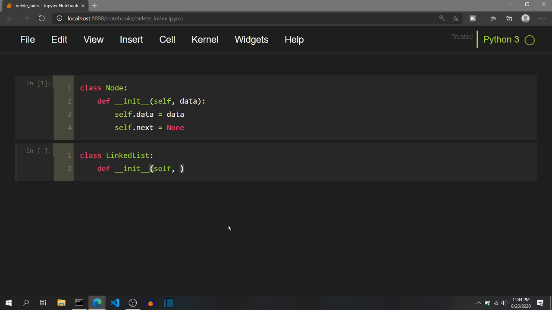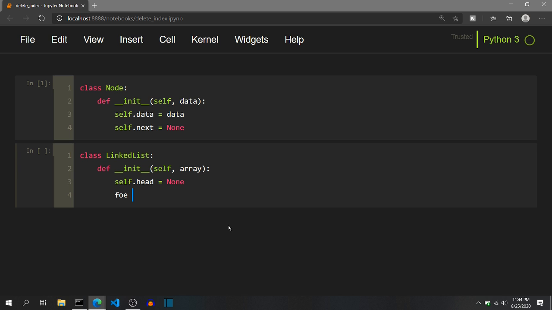If you are not sure how inserting nodes in the linked list works, you can definitely check out the videos in the i-card above and in the description below. So in this, I will pass an array of elements. I will initially set self.head is None. This self.head will point to the first node in the linked list, and initially, as there are no nodes in the linked list, it will point to a None value.